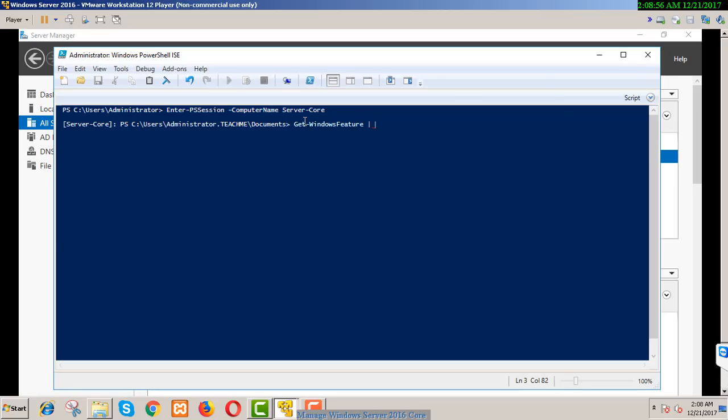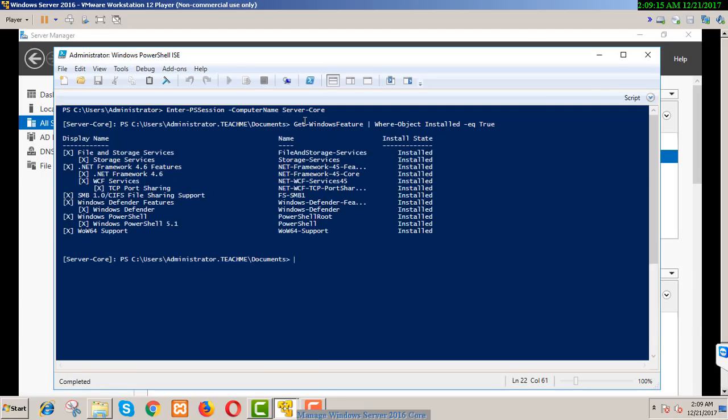Get-WindowsFeature where object install -eq equation is true. This will list all the features and roles which are installed on the server core. You can see